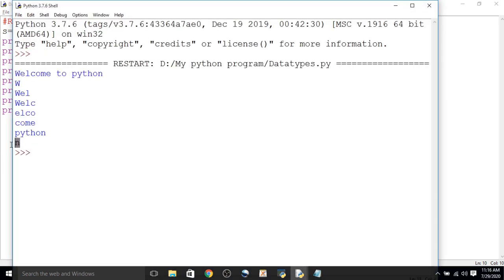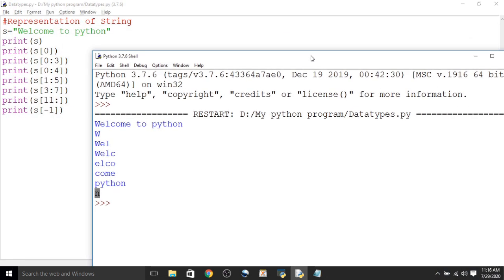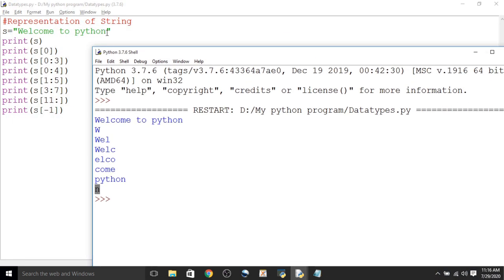See here, the last character n of that string will be retrieved if you write the slice s[-1]. So by applying negative indexes, in this way we can retrieve the last character of a string.